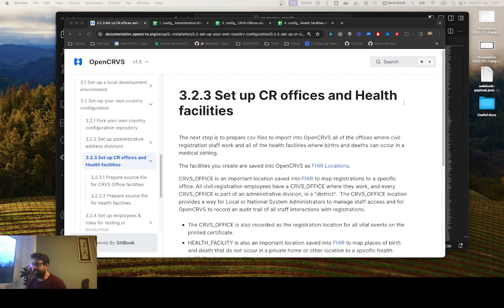Well, basically, every single user of the OpenCRVS application is a staff member who is based in a civil registration office, and we need to have those offices created so we can control your team and so that we can control the workflow of registration applications through your team. So you will have various different users in the office. For example, you might have